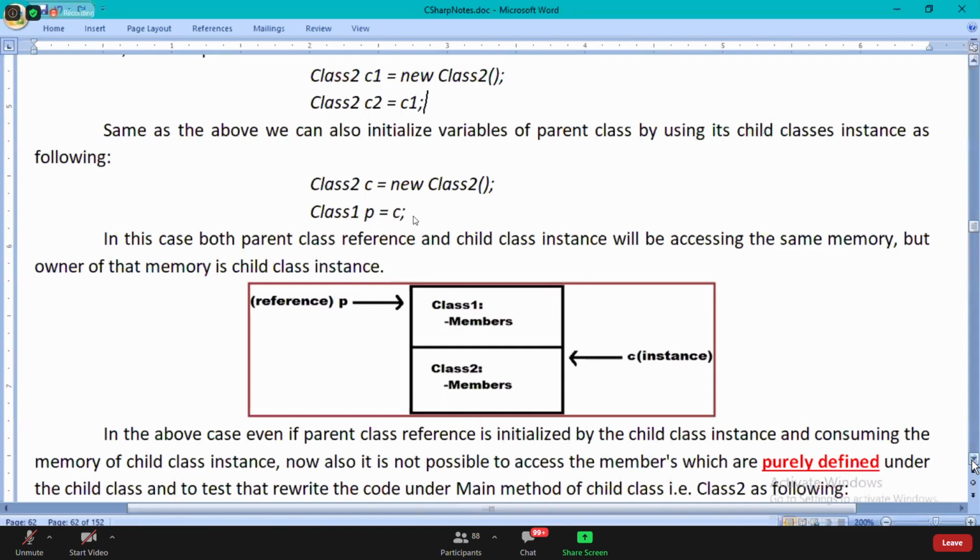Now you'll be wondering here, then what is the use of the reference? Don't you understand English, Rahul? Clearly telling, anything of the child is not accessible to parent. Parent cannot access, that's all. Now you'll be wondering, sir, then what is the use of creating this reference? What is the need of creating this reference? You'll be wondering about this one.